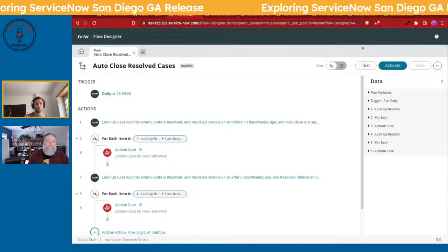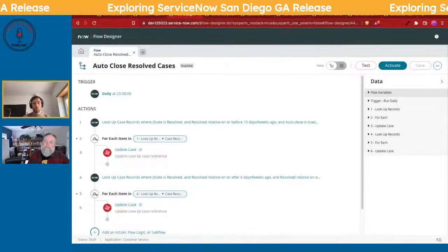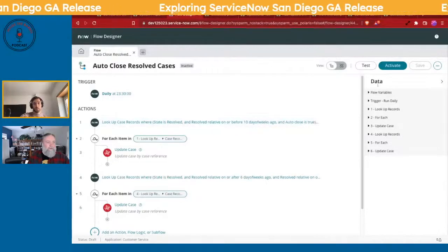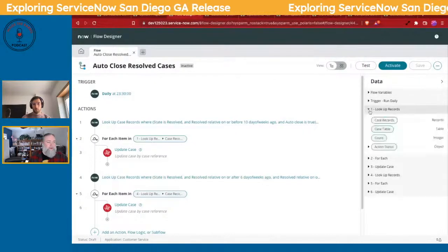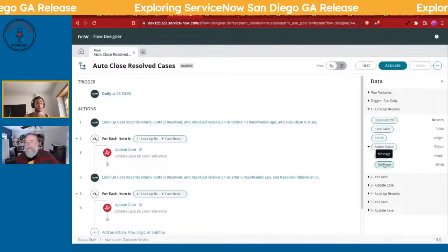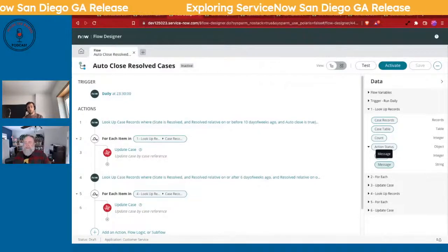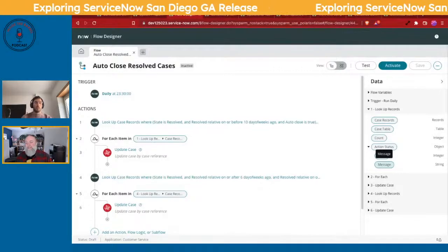Because sometimes you're going so deep in these things. Like if you go into the lookup records, click on the data on the right, underneath the data, like lookup records, and then you go into action status. I can keep chaining. I would love a search capability there to quickly find what I need. Because if you have to go multiple levels of dot walking,